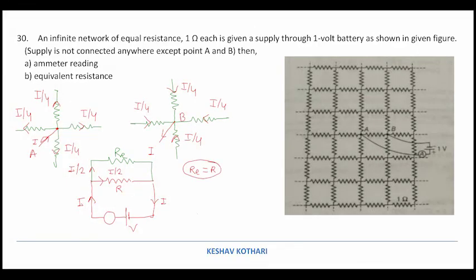So the effective value of resistance, as the two are in parallel with each other, is going to be R by 2 ohm. Now since R is equal to 1, it is going to give us 0.5 ohm. For calculating the ammeter reading, we say I is equal to V by R. So the potential difference 1 upon 0.5 will give us 2 ampere. So the value of 2 ampere current is the reading of the ammeter. With this we have come to a conclusion of solving the questions based on resistance.